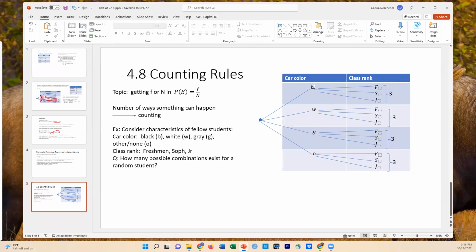So for each possibility for a car color, there are still 3 possibilities for class rank, right? And so